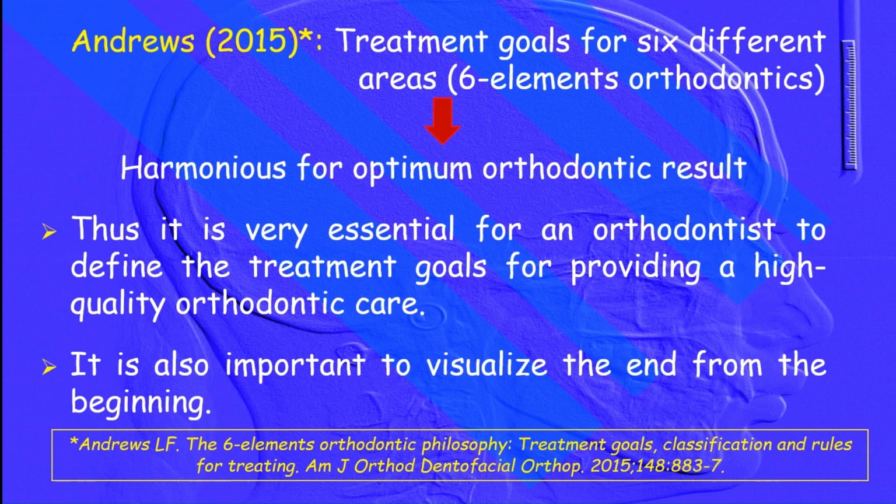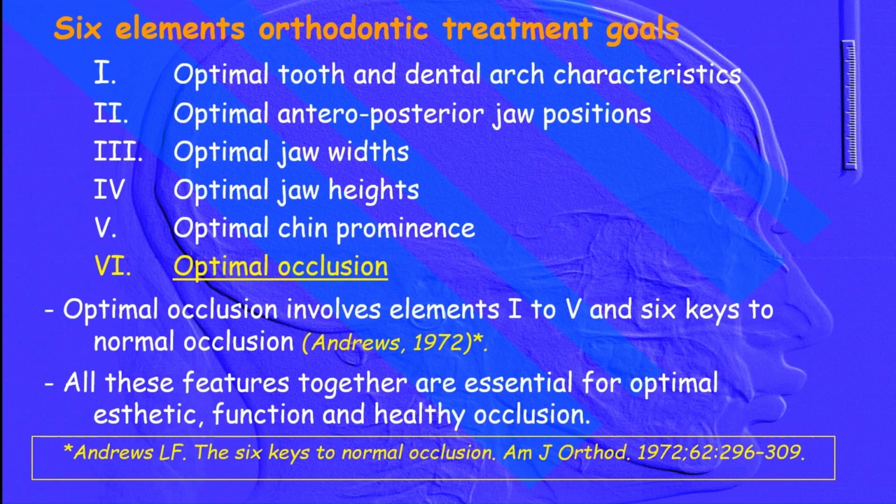Also, it is important to visualize the end from the beginning of treatment. That means what you want to achieve at the end should be in your mind before the beginning of treatment. You all know that Andrews introduced 6-element orthodontics in 2015. The 6 elements of orthodontic treatment goals are: